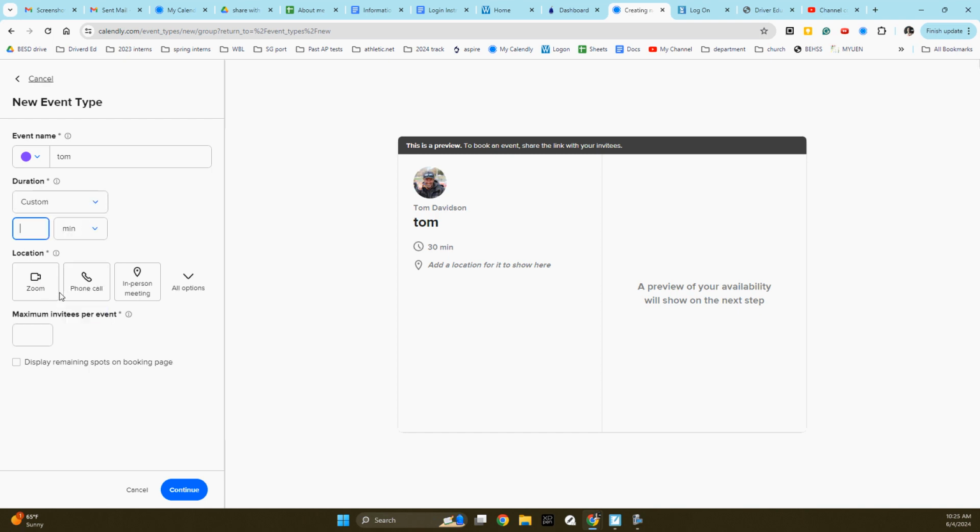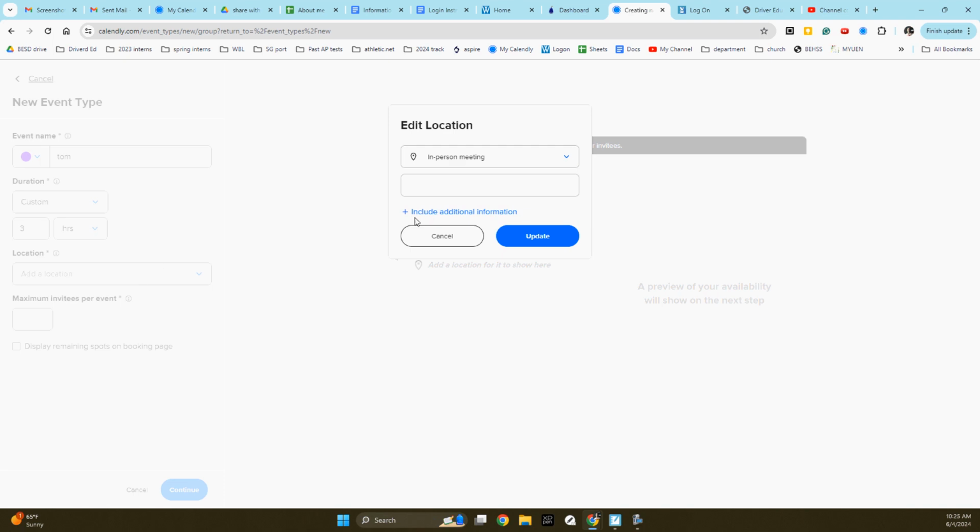Duration, it's custom, and I do 3-hour blocks when I drive. I don't know what you do, but you would just set that up with however long you want to drive. It's an in-person meeting, so location. I tell them to meet here at the high school in the front parking lot, and then I just hit update, and then